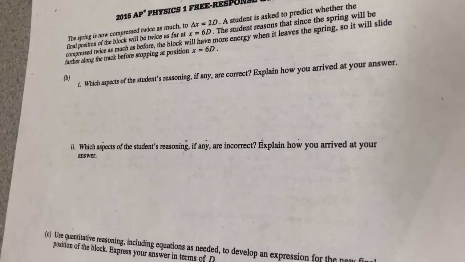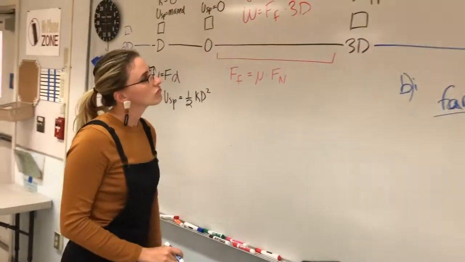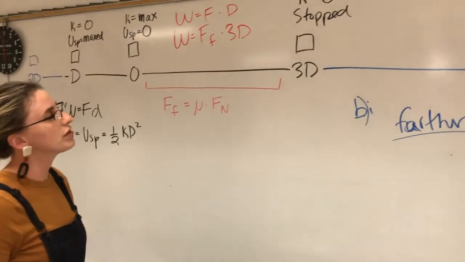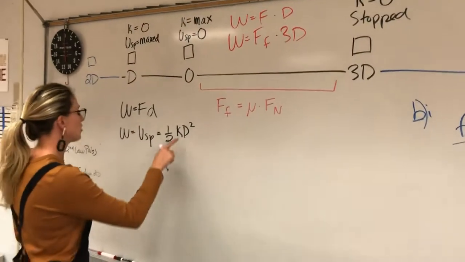Which aspects of the student's reasoning, if any, are incorrect? Explain how you arrived at your answer. Now this is a hard one. Okay. Well, what's incorrect? Well, we know, looking at our equation for a spring,